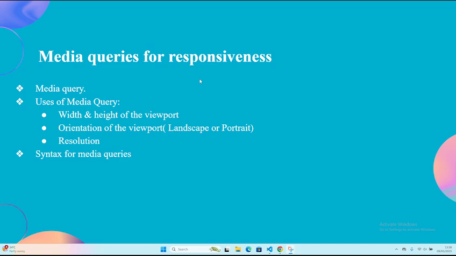So, media queries for responsiveness. What is a media query? Just know this: media queries are a core part of responsive web design in CSS, allowing websites to adapt their appearance and behavior based on the characteristics of the user's device, such as the screen size, the resolution, and the orientation. They enable developers to apply specific CSS rules conditionally, ensuring a user-friendly experience across different devices and